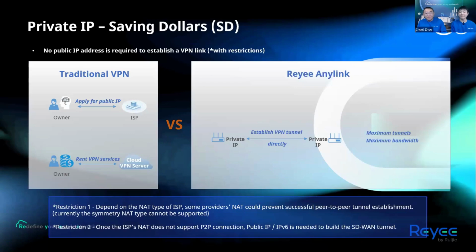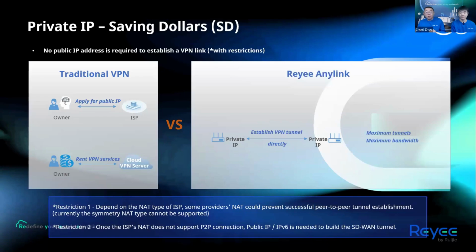So unlike other VPN vendors, AnyLink can use private IP addresses for SD-WAN networking, which can greatly reduce costs and truly reflects the theme of today, SD, which means saving dollars. Right. Yeah. However, it is important to note that using private IP addresses to achieve peer-to-peer networking still has its